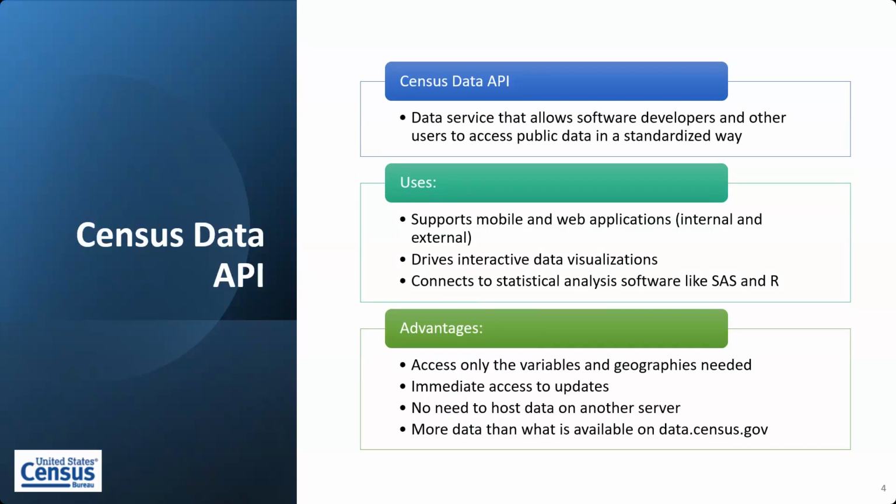And one of the ways that you can think of the Census API is as a giant warehouse of all sorts of data that the census produces. You'll find data from all sorts of census programs and surveys in there, and we'll cover what's actually available in the API in just a bit.